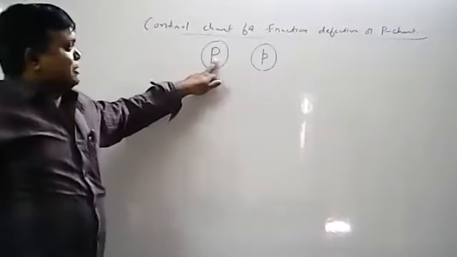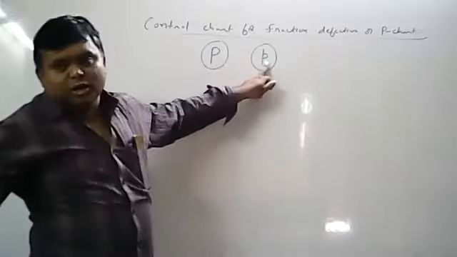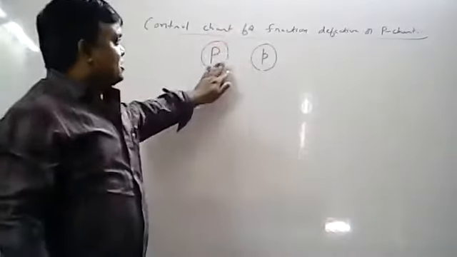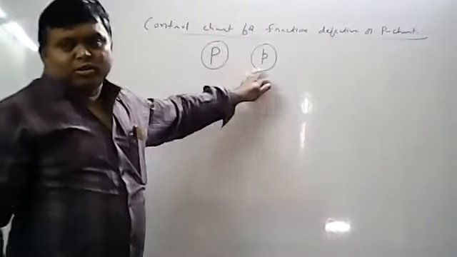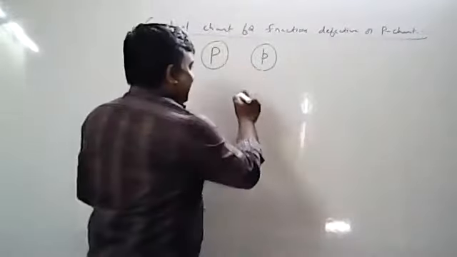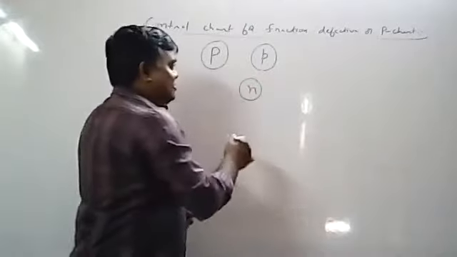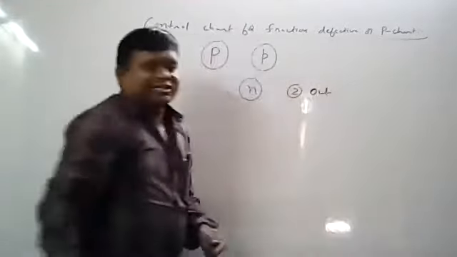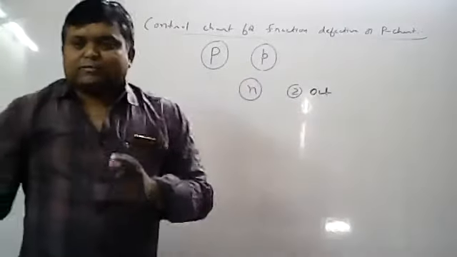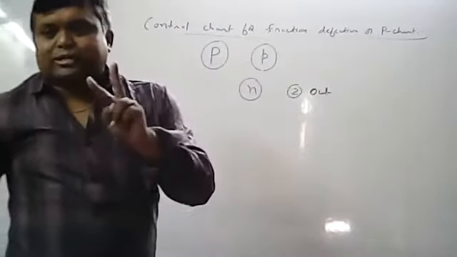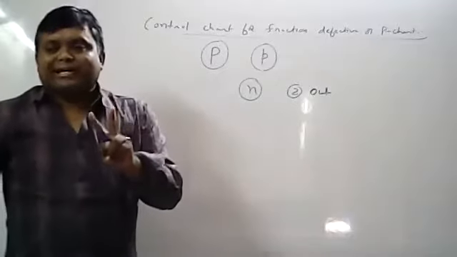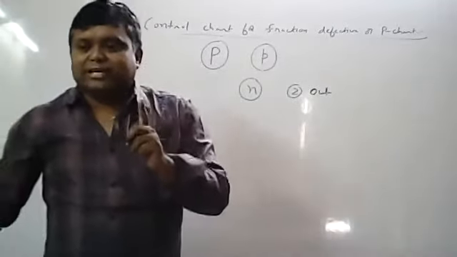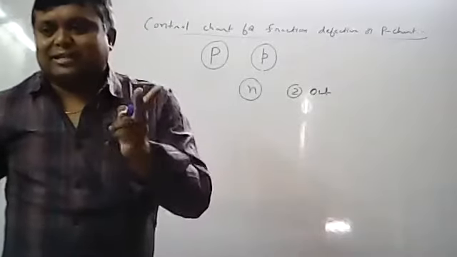So in this case, capital P is called population proportion, small p is called sample proportion. Before going to this control chart, you have to learn these 2 symbols. Suppose n trials are fixed and only 2 outcomes are there in that experiment. It follows which distribution? Binomial distribution. N is finite, only 2 outcomes are there, success and failure.